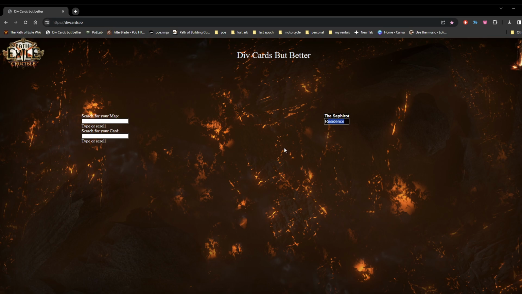A map is basically a dungeon within the endgame structure of this game that you go into, you kill things, and you get loot. Some of them do actually have annoying little mechanics within them, but that's very few and very far between. So if we go to map and we type in residence,